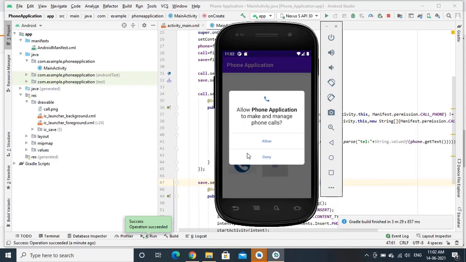Whenever I click on this, it is asking for the permission. We get this because of the if condition we have used. It will be checking the check self permission. Then if we allow it, it will get the permission to make the call.